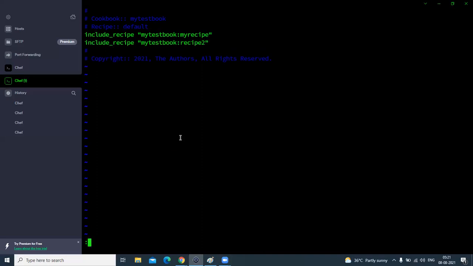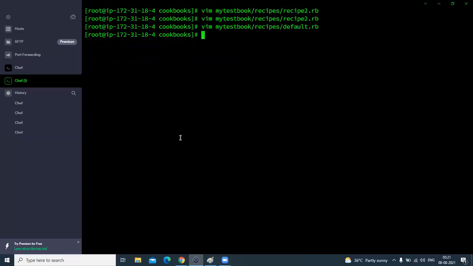Let's run the default recipe, save and exit. First, we need to check the syntax for my default recipe. The command is chef exec ruby -c and the path is my test book recipes default.rb. If the syntax is okay, that means our recipe is ready to